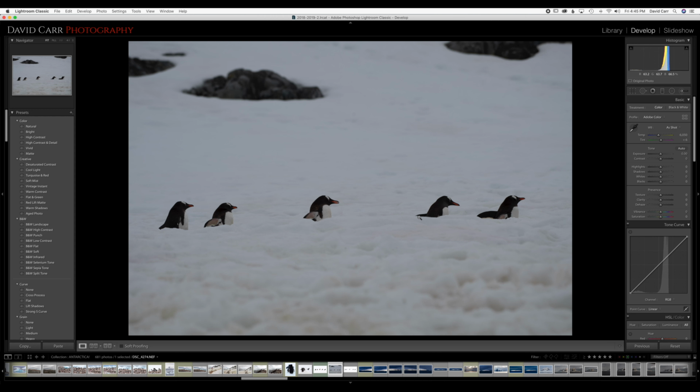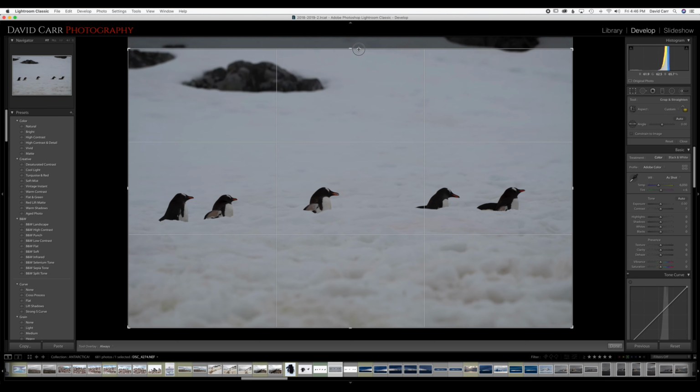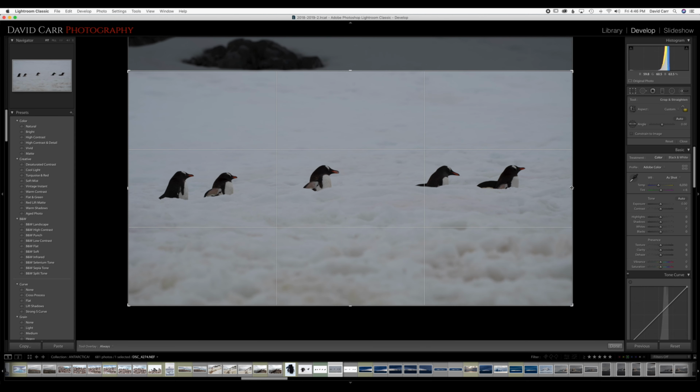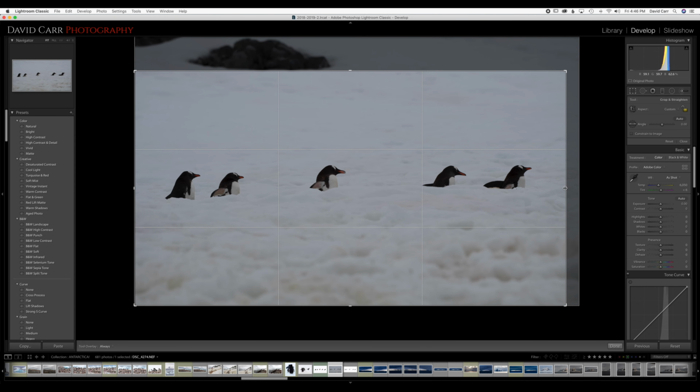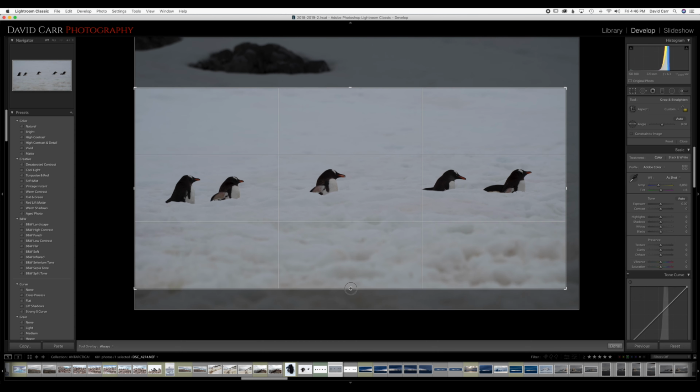So I'm going to hit the R key. It's going to bring up our crop tool. We're going to go to the padlock, unlock the constrained crop. So now we can crop however we want. We can go like this. We can bring it in however we want. It's not constrained to one of the typical formats that you would normally see in a print or something. So I'm going to do almost like a pano look here, sort of a panoramic shot,